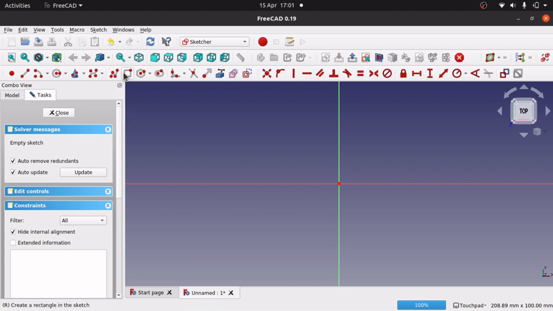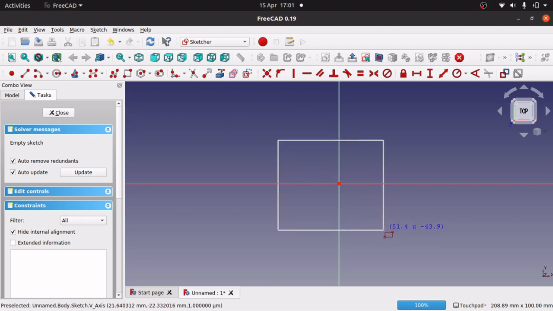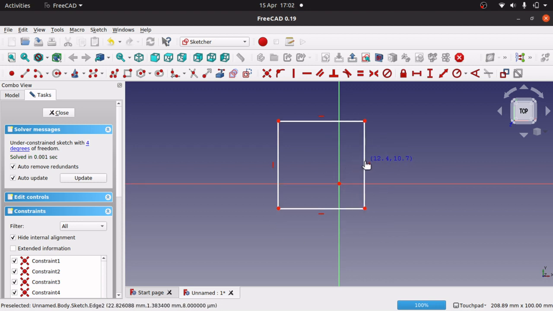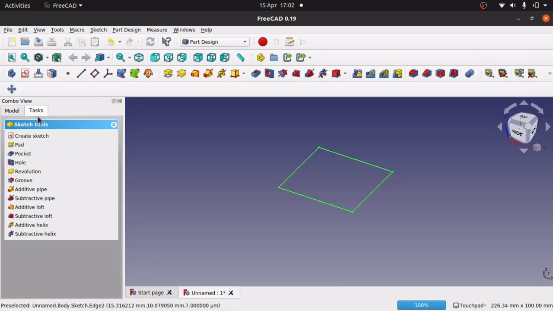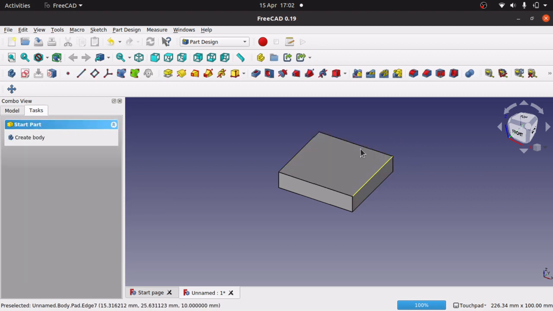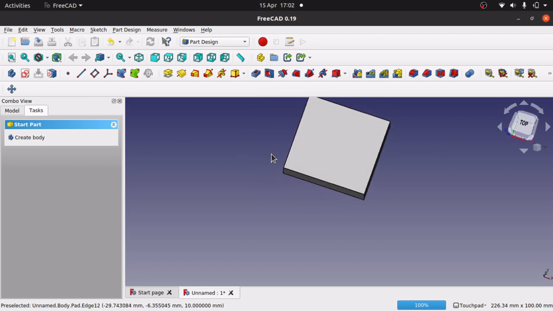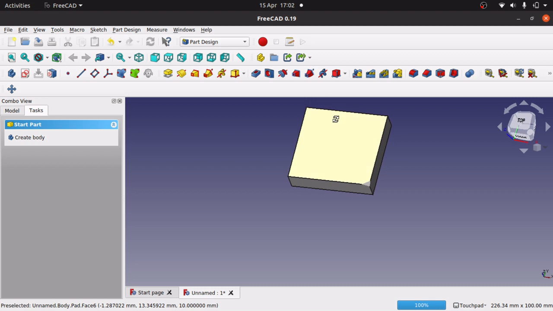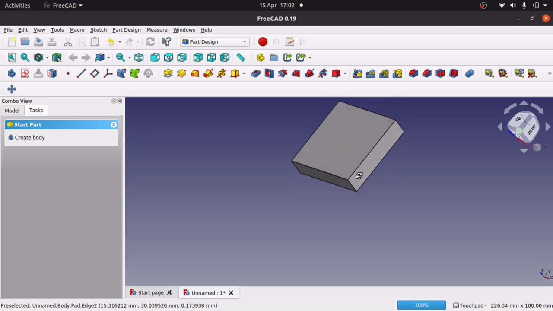So I'm just going to create a simple square, and I'm not going to even bother constraining it, so I'm just going to make sure it's off center. There we go, not worried about scale, and we're just going to pad that slightly, something like 10mm, that'll do. This is just for the demonstration. Right, so we've got our base that we're going to work with,